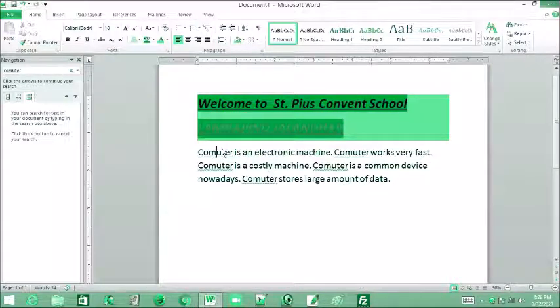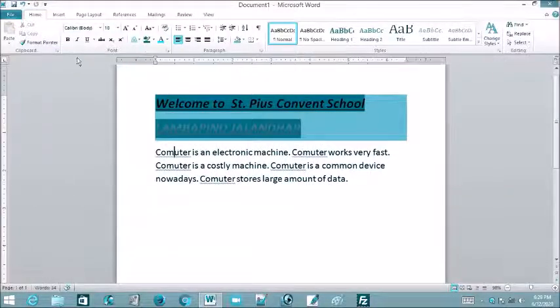It is very difficult to find the word commuter everywhere and to change it, right? We have to read all 100 lines. If it is a 100-page book, then just imagine how difficult it is, right? It is very difficult to change any word. We have to go through the whole document. It takes a lot of time. So for this we have this facility, Find and Replace.